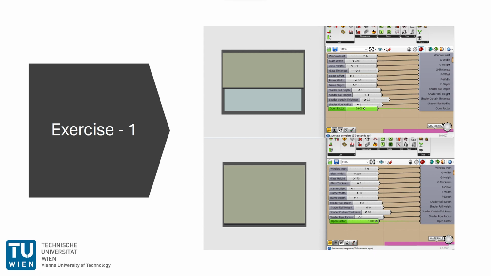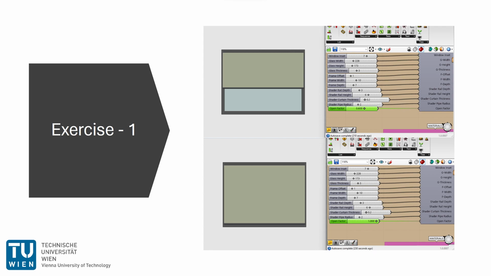In the first exercise, I have created a tool that creates a graphical representation of a building with a window. You can play with the parameters I have created to get the form to your desired liking. In this exercise, the only relevant parameter is the open factor, which is at the bottom. This parameter changes the open factor of the blinds between 0 to 1, which 0 means fully open and 1